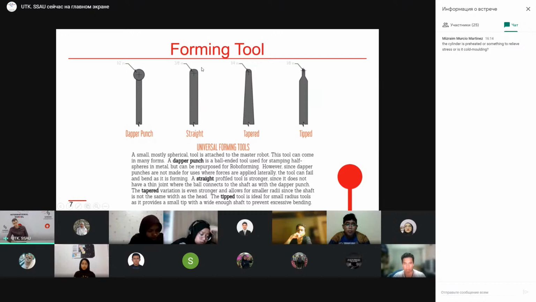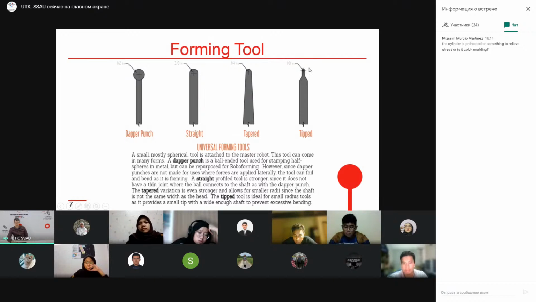If we need, in some cases, more strength of the punch, we can use a tapered punch. In this case, we use not a straight, not cylindrical punch here. It will be conical or tapered. And for punches where we need to form some geometry or shapes with a small radius, we can use a tipped